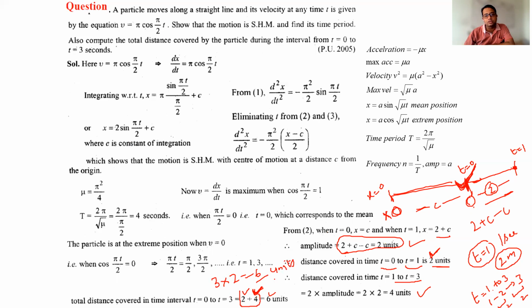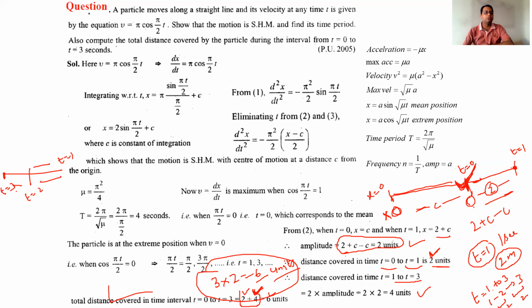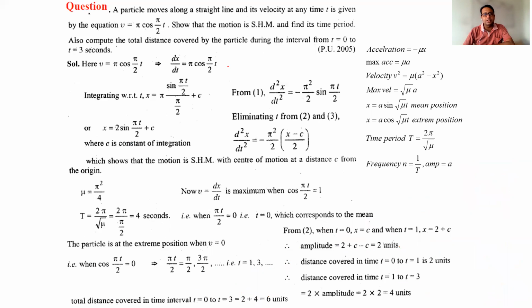So directly you can also say like this. So in detail, if you want to solve, then you can do it with this method. Or if you want to do it directly, you can also say it by making the diagram that when t equals 1, the particle is here. When t equals 2, the particle is here. t equals 3, the particle is here. So the distance covered is 3 times the amplitude. So you can answer it like this also. Both methods are correct for this question. You can follow any method.